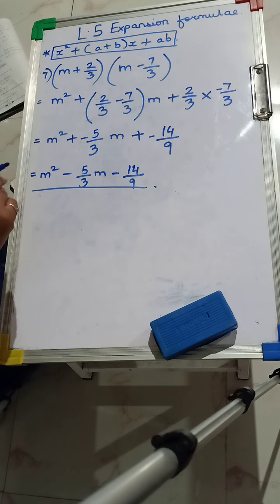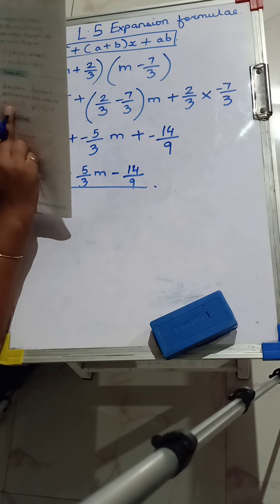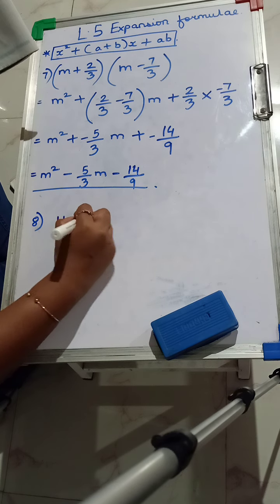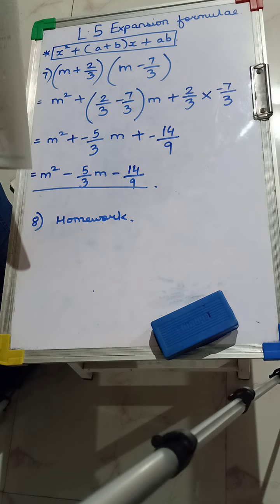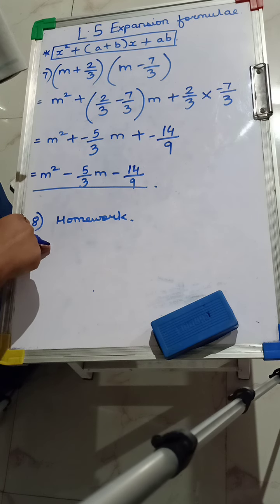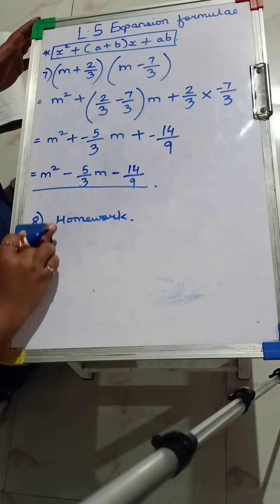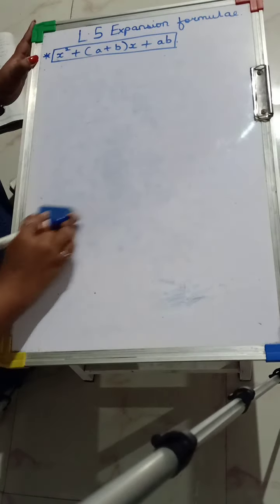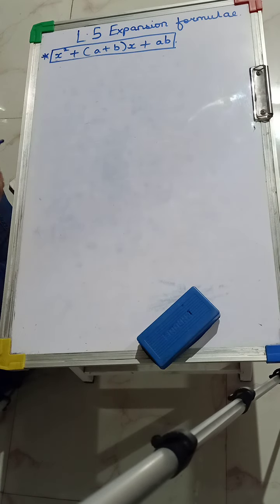Now the 8th sum is similar to the 7th one, and the 9th one is different. So the 8th one, which is similar to the 7th one, you all are going to do for your homework. And the 9th one I will solve and show you all. So in total, the 3rd sum, 6th sum and 8th sum you all have for homework. 3 sums I have given you all for homework, and the 9th one I will be solving now. Okay. So you all need to copy each and every sum in your notebook. Your notebook should be complete, and whatever doubts you have, you can immediately clear and ask.